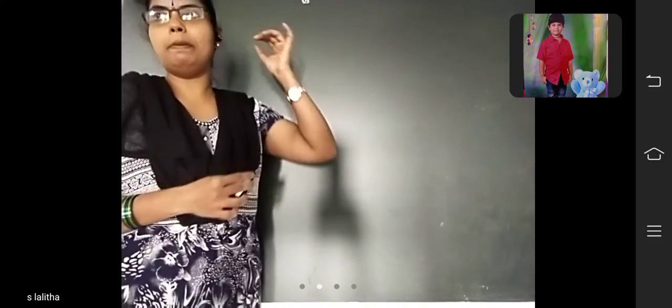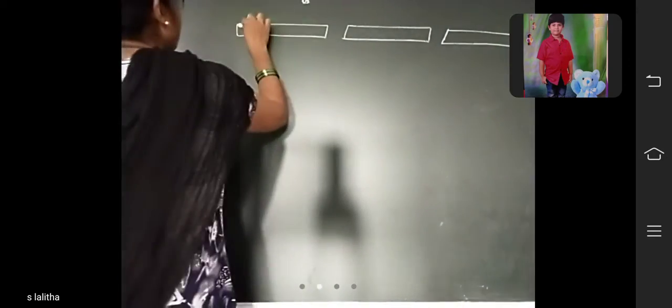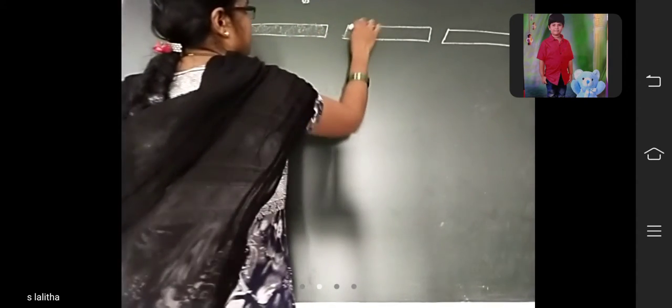3 is a whole number part or not? Yes. So first you should draw 3 boxes. 1, 2, 3. I draw some small boxes because the space is not enough. 1, 2, 3. Next, 3 boxes are fully completed. So you should shade the 3 boxes. All parts should be shaded.